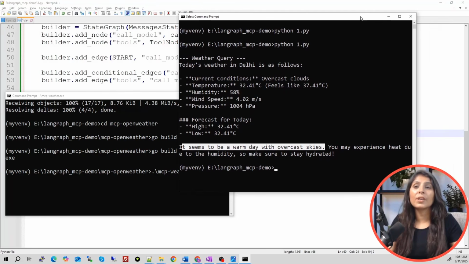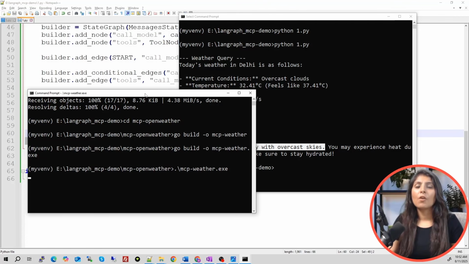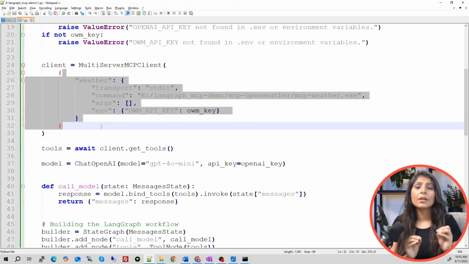So this is the output we get from the weather API, but we are not directly connecting with the weather API. We are connecting with this MCP server. This MCP server is further connecting with the weather API. So what is the benefit of this approach? Why we are not connecting with the weather API directly instead of using MCP server? Because we have only written the code which is related to the connection between the MCP server and the client, right? So in future, if the company modifies their code, our code will work. It will not give you any errors.